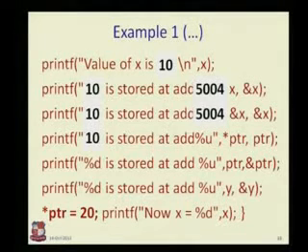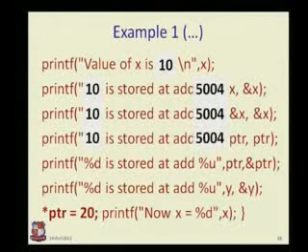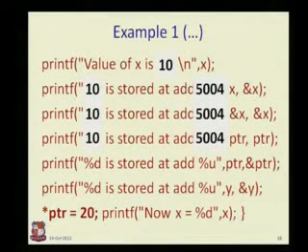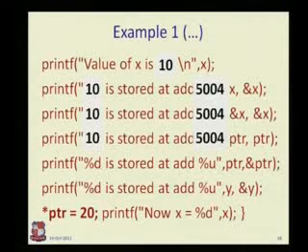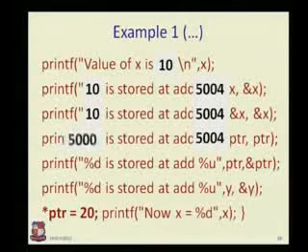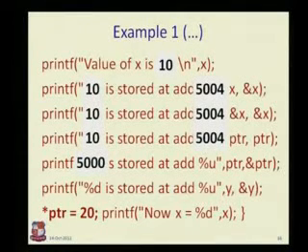Now what about the ptr? What will ptr give? ptr is the address of x. So the address of x, which we wrote above, is the same 5004. Okay, now coming to the next line. See, every output I have seen is the same. These are only different representations of this. So now let's see what &ptr shows. It will show 5000. Okay, that means it is the address of ptr now.